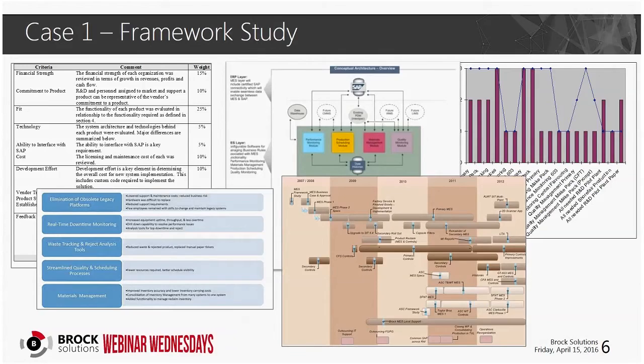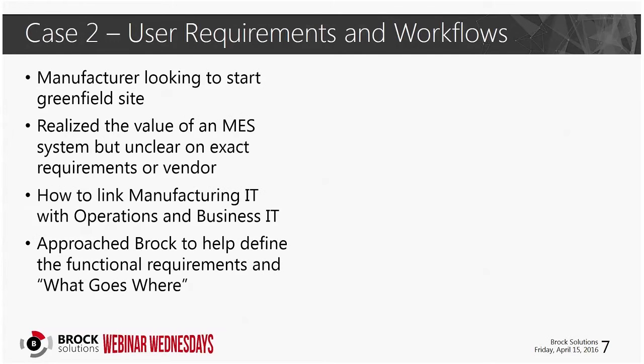The second case study we look at was from a whole different standpoint. In this case, it was a manufacturer who was looking to start a greenfield site. They knew there was value in an MES, but they weren't quite clear on what are the exact requirements we need from the MES system versus the other systems we're considering, and who is the vendor that we want to